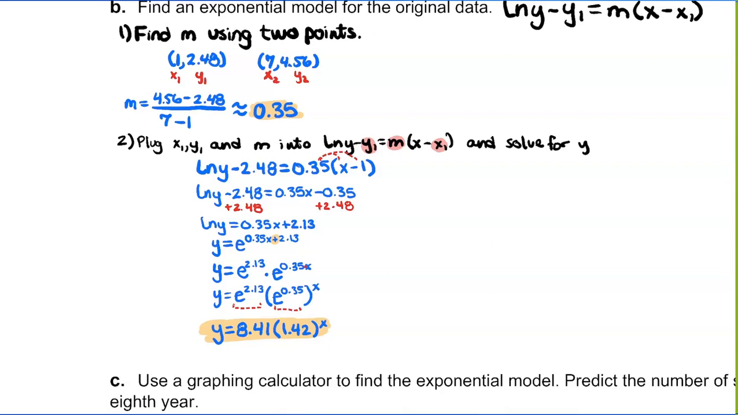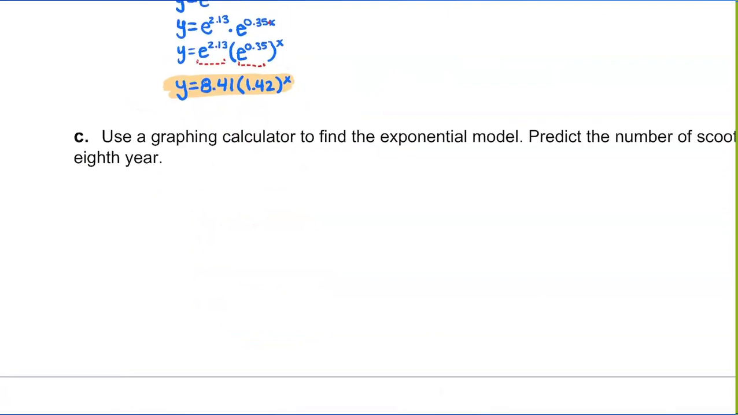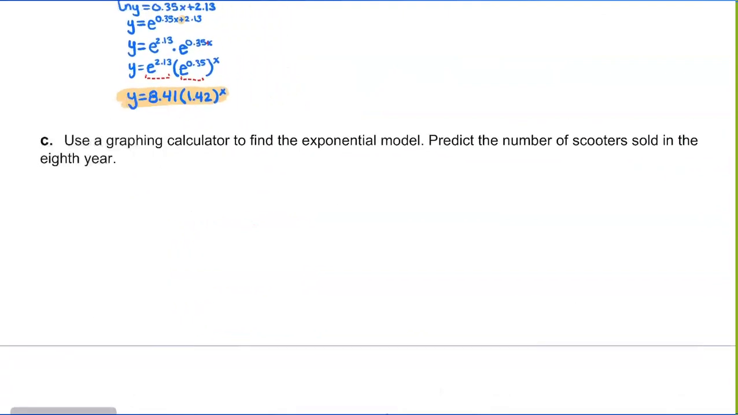So let's use those calculators. I'm going to show you on this app as far as I can show you, but it's going to break down pretty quickly because the app is old. Part C wants us to use a graphing calculator to find the exponential model. We just found the exponential model, so it should be really close to that. Then we're going to predict the number of scooters sold in the 8th year using that model. So, in your calculator,